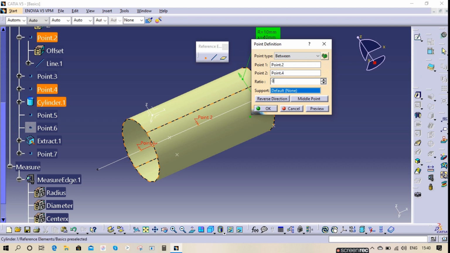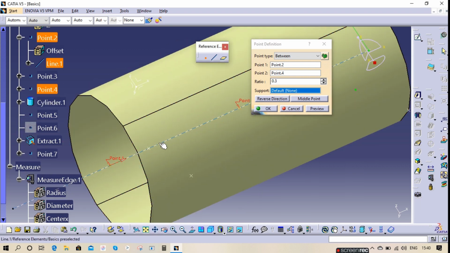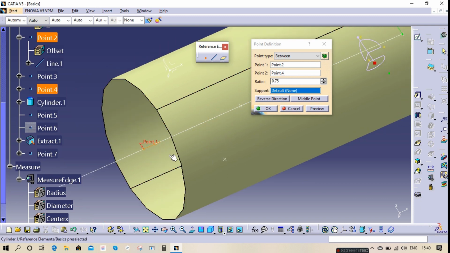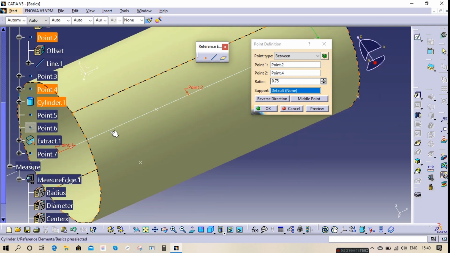For example 0.1, it is here, 0.3 it is here, and let's say 0.75, see it's here. It will create between point 1 and point 2 anywhere in this length. Suppose from point 1 to point 2 there is only 100 mm, you can create this point anywhere in 100 mm. You can also reverse it, middle point, whatever it is.